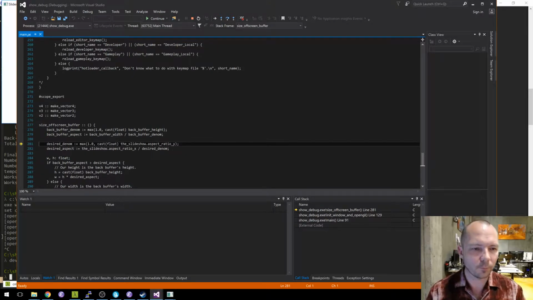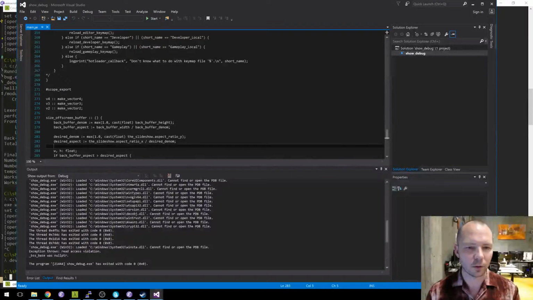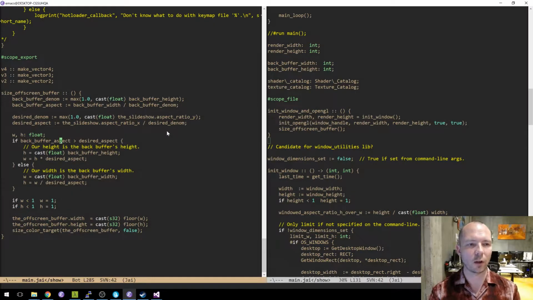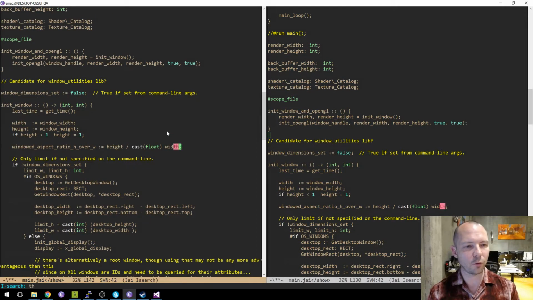Okay. Oh, this slideshow is null. So we don't know the aspect ratio until after we've loaded the slideshow. So of course we can't size the off-screen buffer.